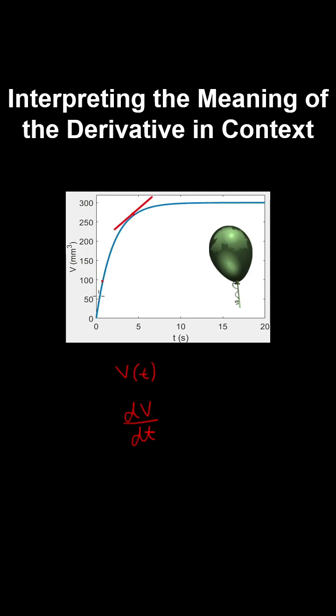So if we plot a few tangents here, we can observe that the balloon is initially easy to inflate, but as you keep inflating it, it gets more and more difficult until eventually the balloon bursts somewhere. And that can be seen by observing the behavior of the derivative. And the units for the derivative take on the units given in the applied context. So in this case, we have the volume of the balloon over the time in seconds, which matches the units